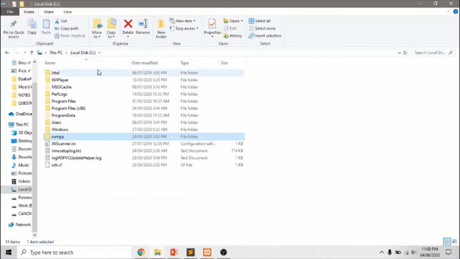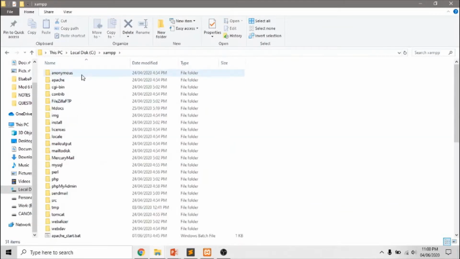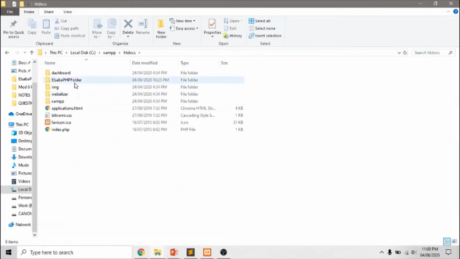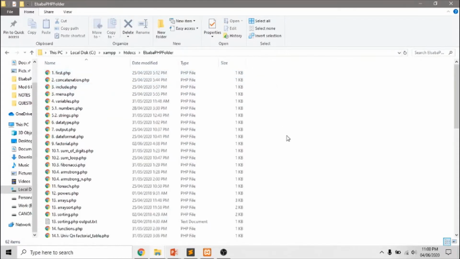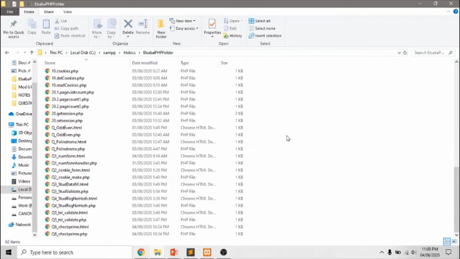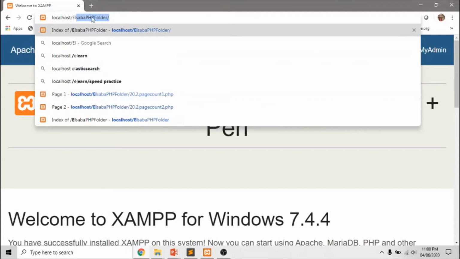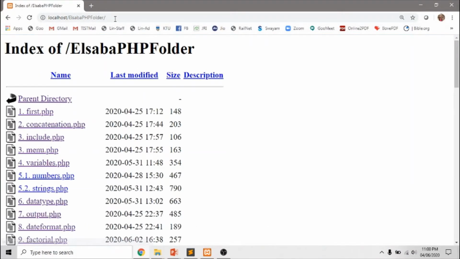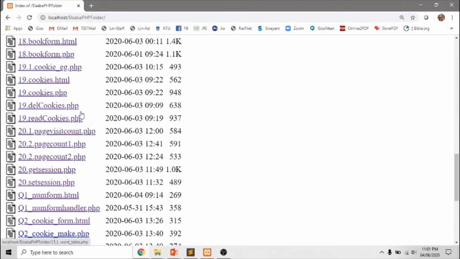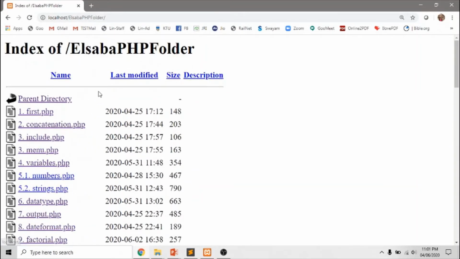within C, where I have installed XAMPP. So inside XAMPP, there is a folder called htdocs. Inside htdocs, you can create any folder of your own. Here is my folder, and inside this folder you can save your PHP files. So this is your local server, and you can access it using the index provided by this. So after localhost, type / and your folder name. So here, this is my folder. On just clicking that, you will be getting an index. You will be accessing the files from this index. This is how you work with a local server.